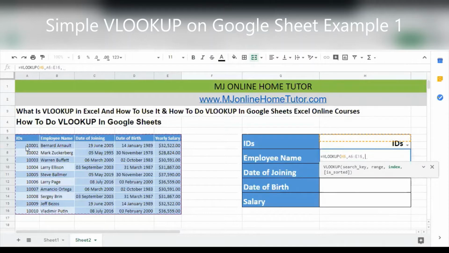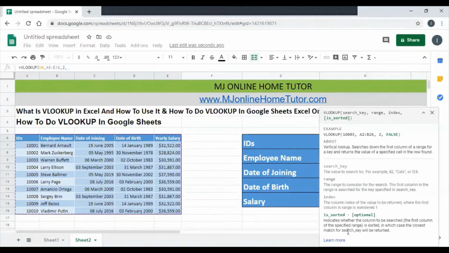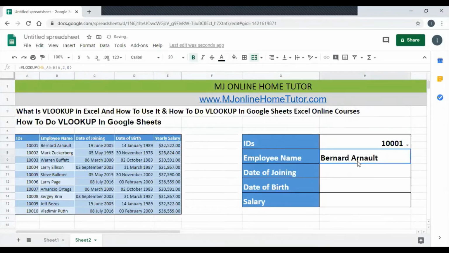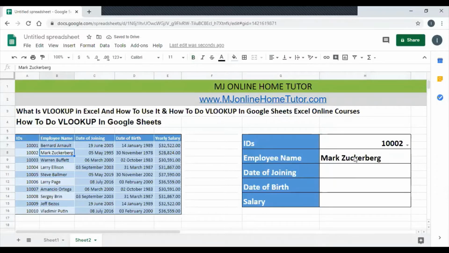The index number is 2 for the employee name, as we have a table and it's available in the second position, so we give the number 2 to look up the value. For an exact match, we place 0 here to get the exact value, so the employee name will appear. Once we change the ID, it will give us the name of the employee. Here you can see for the second ID number, the name Mark Zuckerberg.